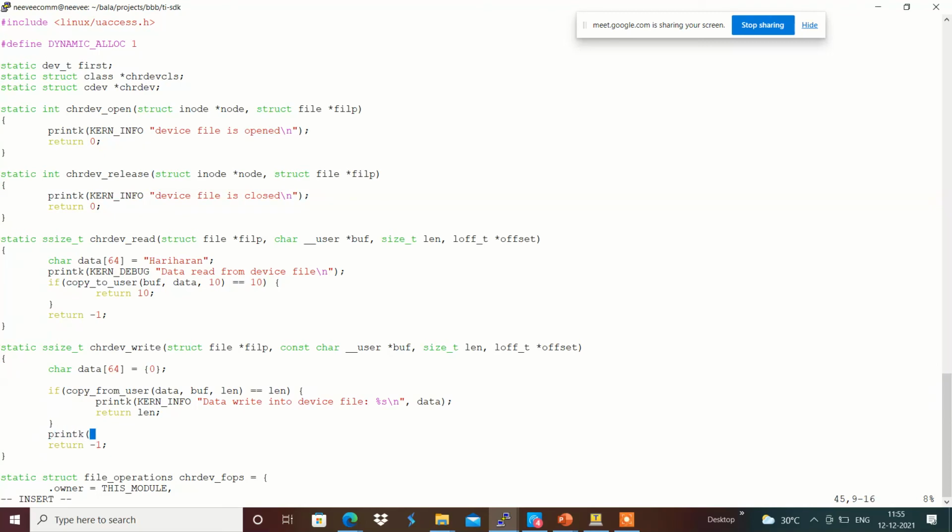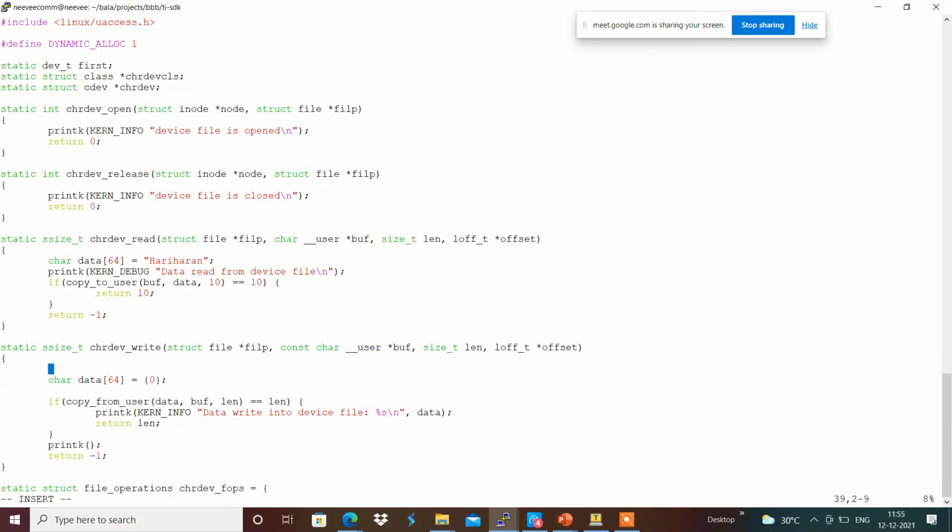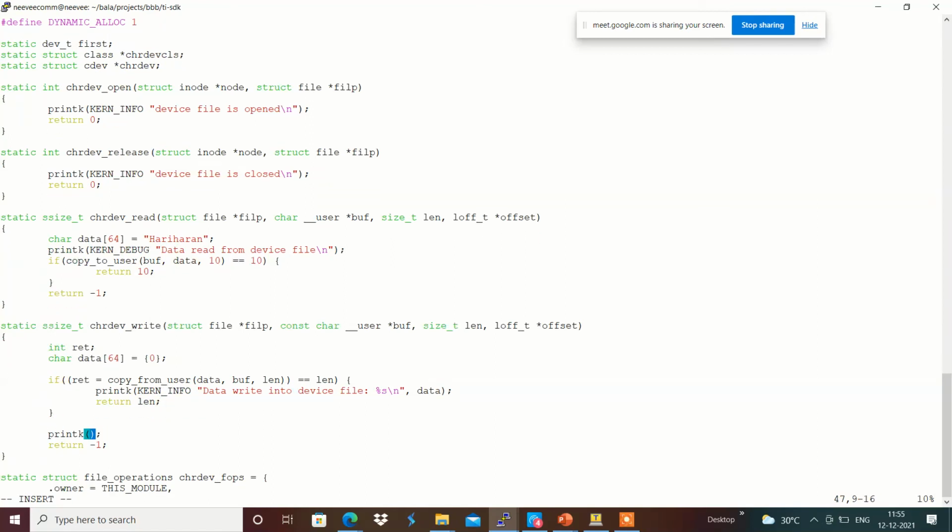Printk: I'm going to use an integer ret, with return equals copy from user, in order to get what error we are getting.